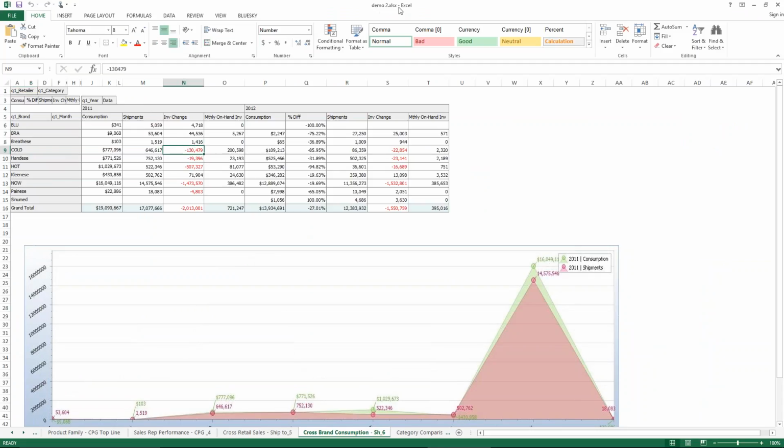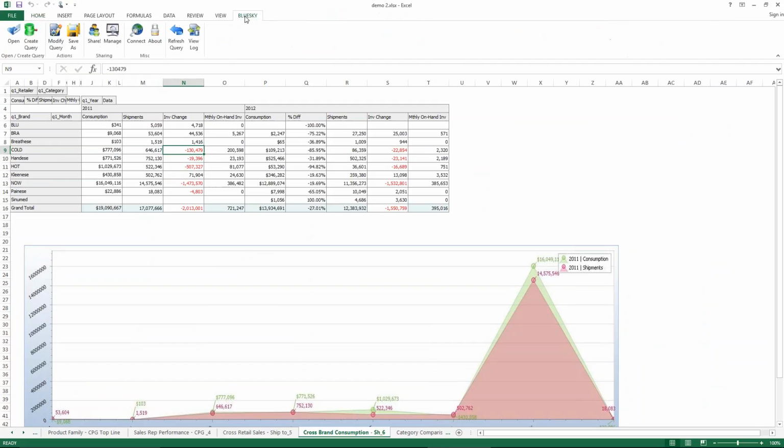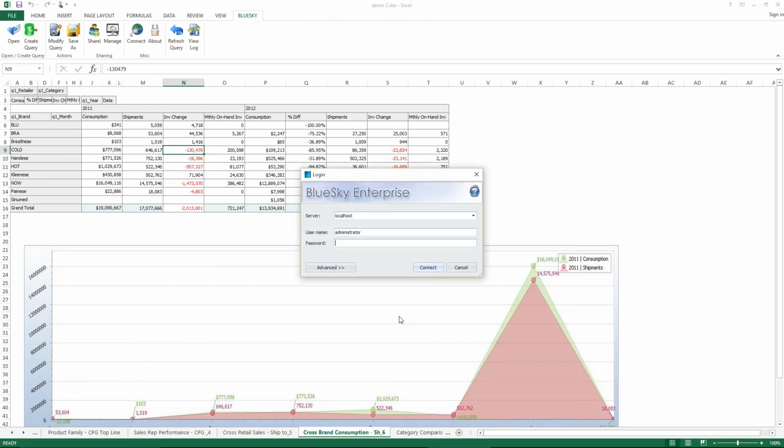You'll also notice that while I'm in Excel, I can go into this plugin, which is my Blue Sky. And if I go into Create Query from my Blue Sky plugin in Excel, it will access the same metadata layer that my Blue Sky Analytics is accessing.